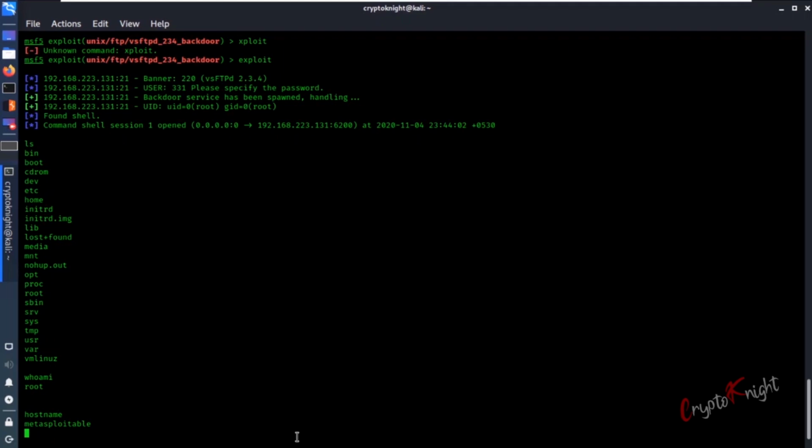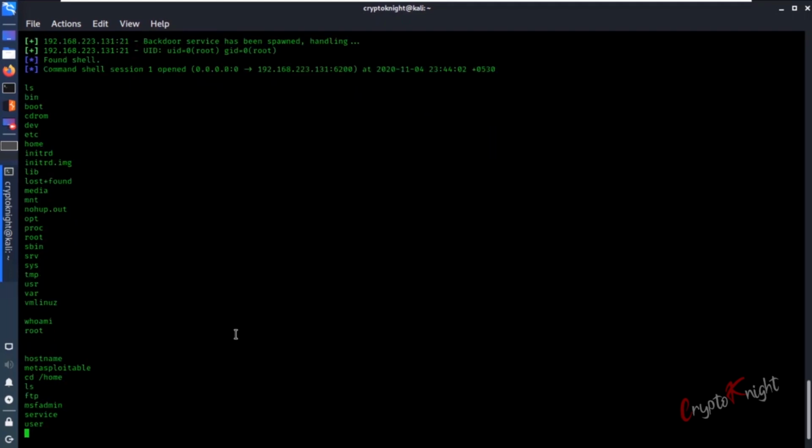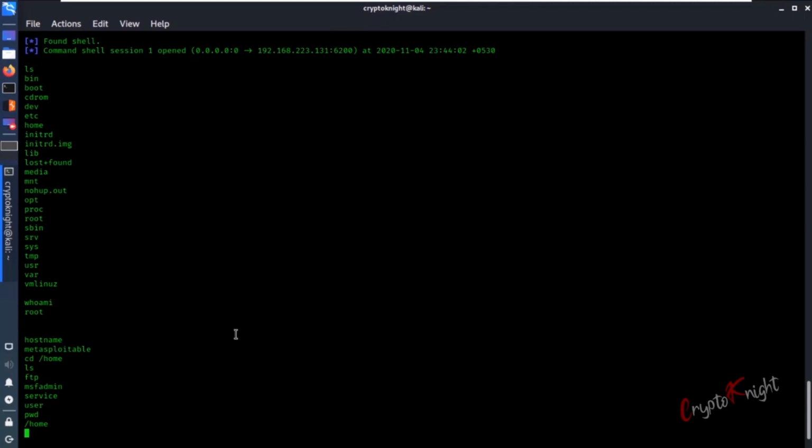Now you would know the importance of the terminal, because we don't have an interface here, a graphical interface. We can't click through the mouse. All we have to do is run through the directories manually. We can change the directory to home, we can type pwd and such stuff. So basically you get the idea.